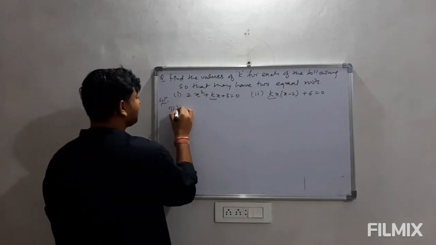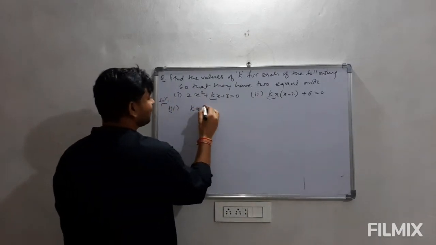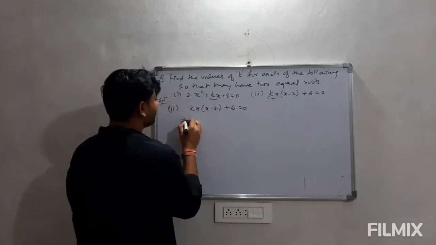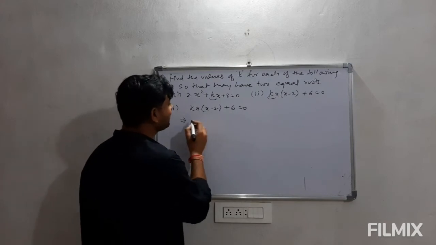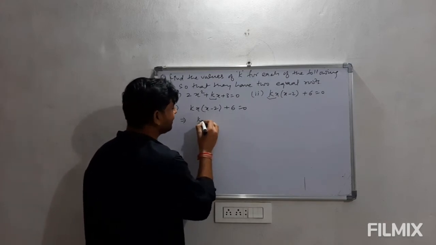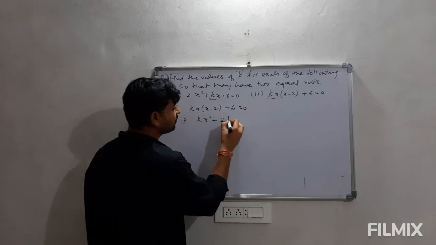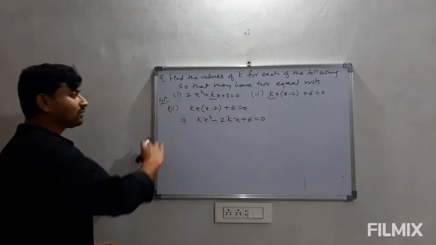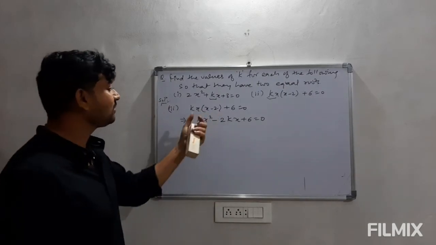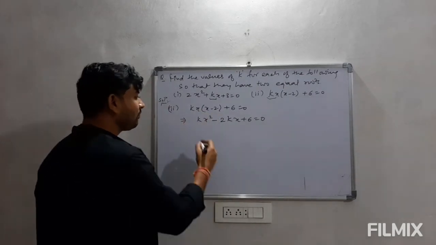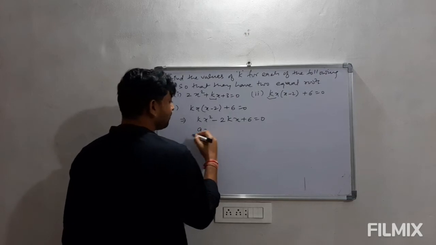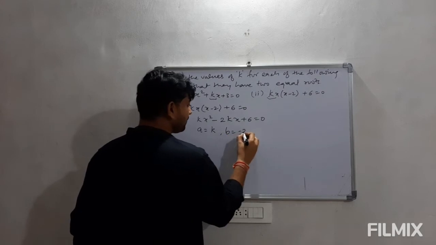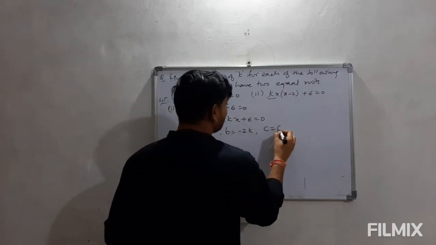Second part is something different. Here this equation is not in the standard form. So first of all we have to rearrange this. So what we are getting here, if we multiply kx, we are getting kx square minus 2kx plus 6 is equal to 0. यहाँ पर हम kx को अंदर इस ब्रैकेट के साथ मल्टीप्लाई करेंगे तो ये हमारे पास आएगा. So clearly here if we compare with the standard form, the value of a is k, the value of b is minus 2k, and the value of c is 6.